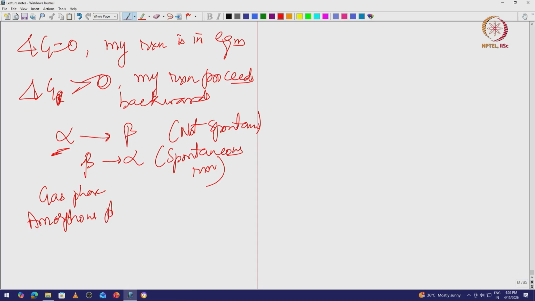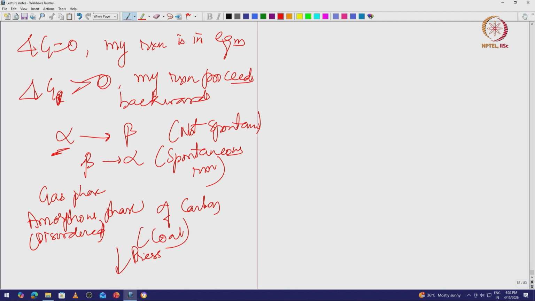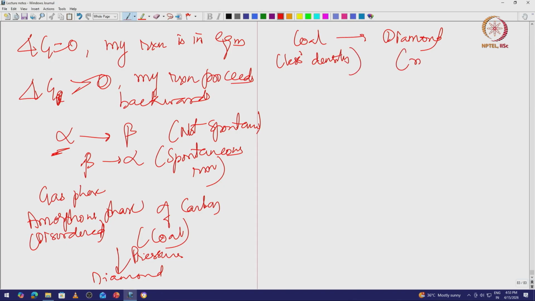What is the amorphous phase? Amorphous phase typically has larger volumes. This is a disordered phase, and disordered phase of carbon is what? This is coal. By applying pressure, I can convert coal into diamond, right. So coal to diamond, coal has larger volume or less density, diamond has more density or smaller volume, right. I can do this reaction by pressurizing,